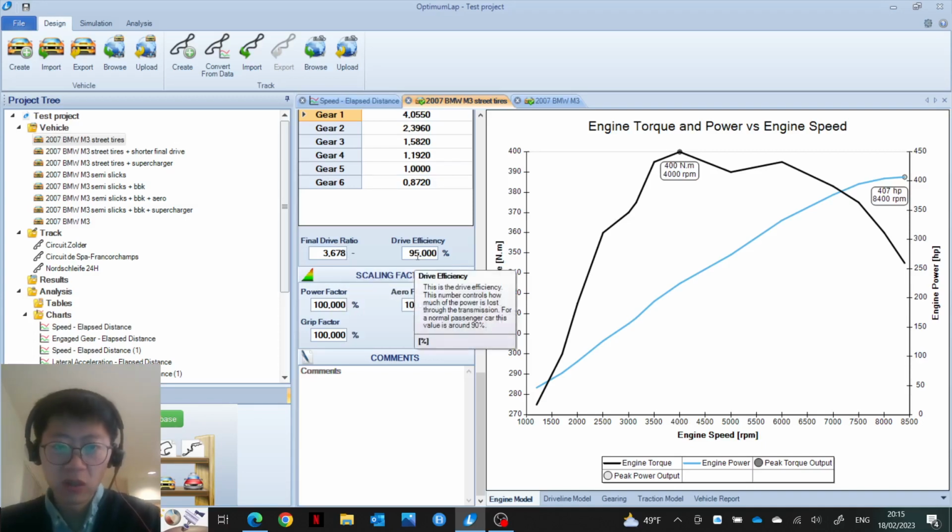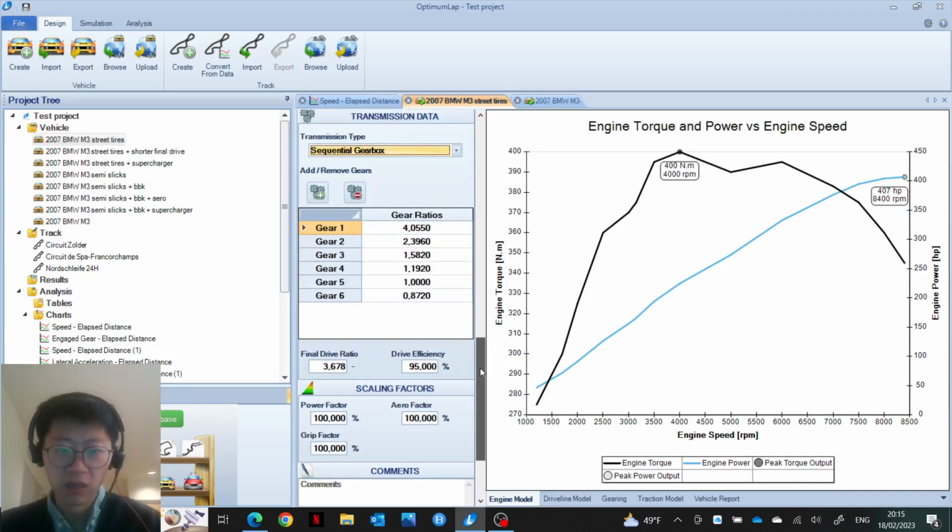Drive efficiency, 95% seems kind of high. Maybe 90% is more realistic, but who knows? I didn't mess with that. And then some cool things: power factor, grip factor, aero factor. So this is where you can increase the power or downforce or grip of a vehicle if you wanted to. I left these at 100%